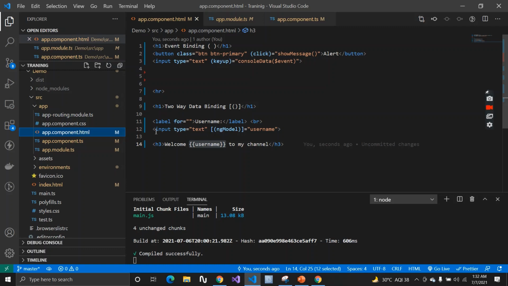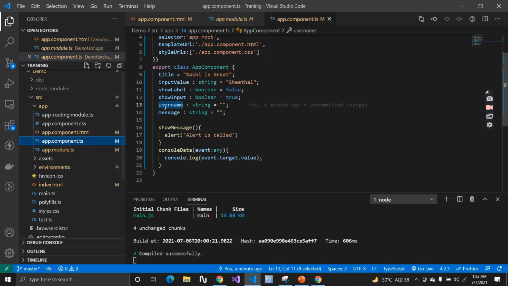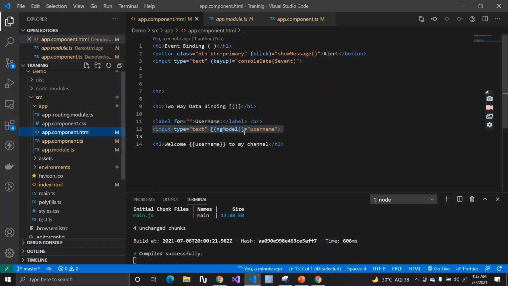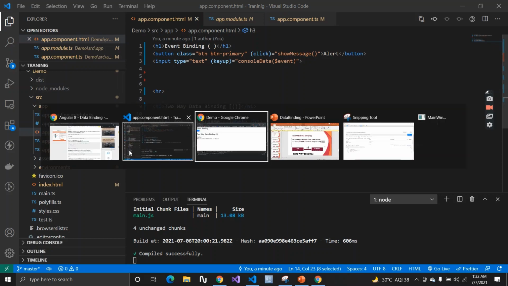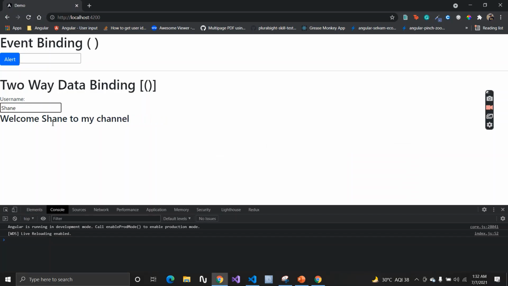Inside this input type text, I have this ngModel, and I'm using this property named username, which I have created inside my TS file. Whatever I type inside my input will get interpolated here inside this welcome to username, and whatever I type here inside my browser will get appended inside this.